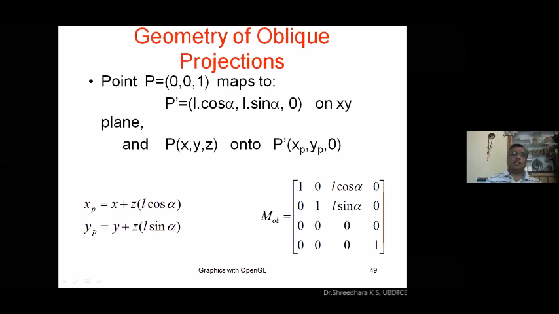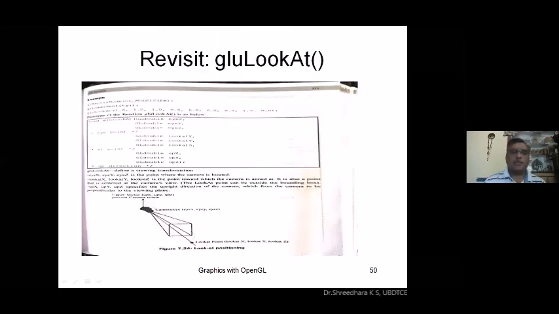So we have come to the last bit of this chapter's discussion. I think you used the gluLookAt function. There are 9 parameters in the lookat function. The first 3 parameters are the eye position, eyeX, eyeY, eyeZ.